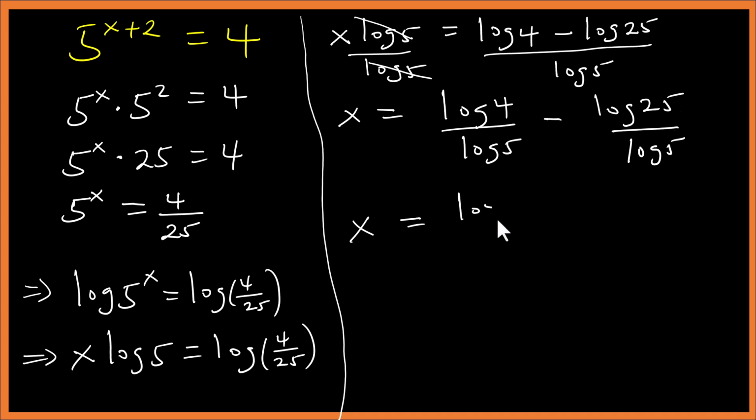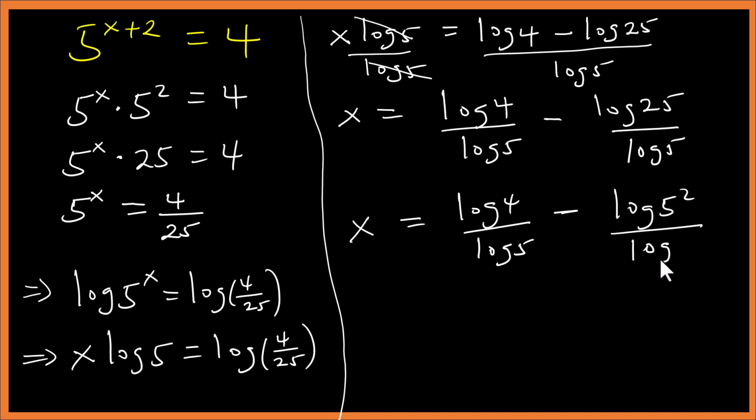So log 4 on log 5 minus, so 25 is the same as 5 squared, so log 5 squared on log 5,